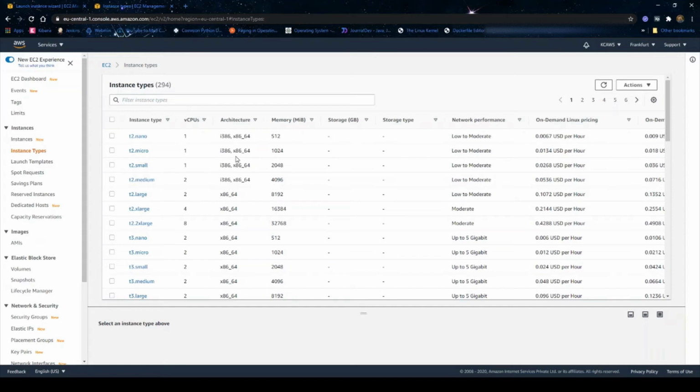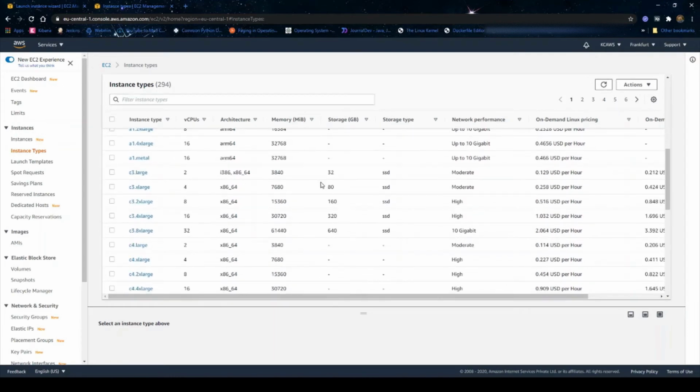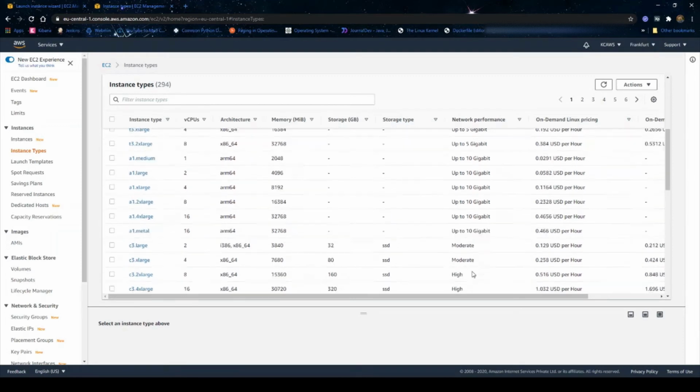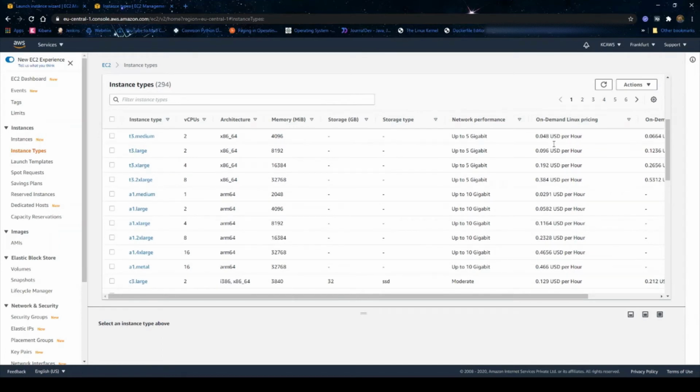An instance type is nothing but the number of virtual CPUs you want, which architecture you want, how much RAM you need, what kind of storage and storage capacity, SSD or the traditional HDD type, what network performance you want, and how much it costs when you select each particular instance.